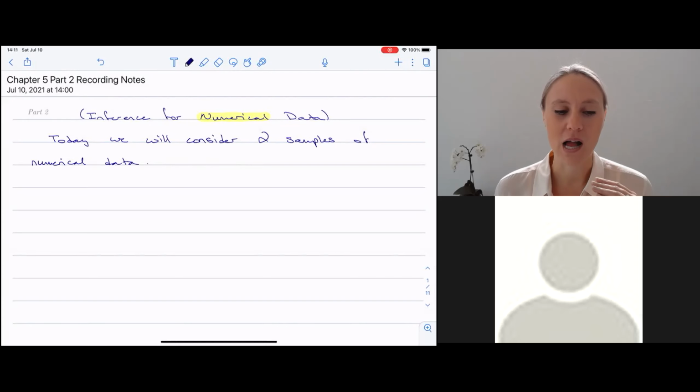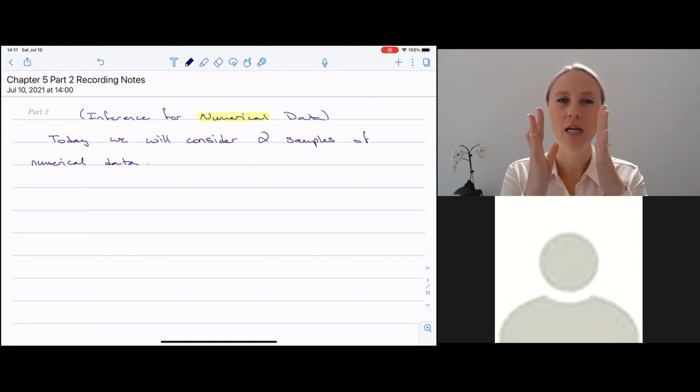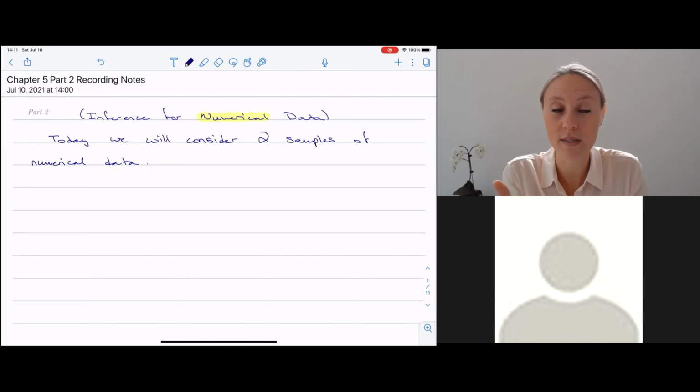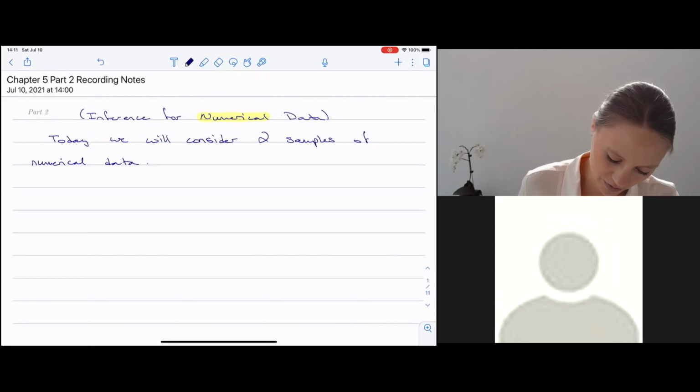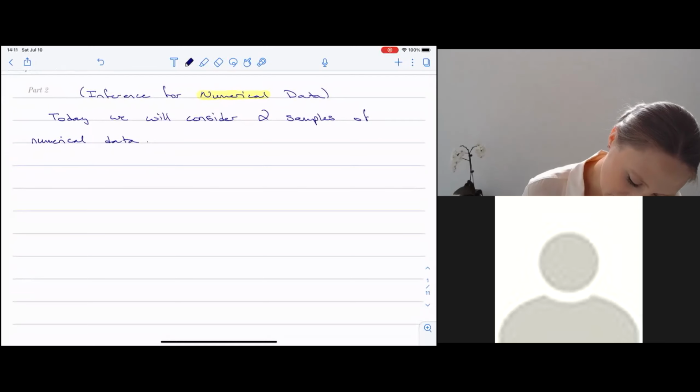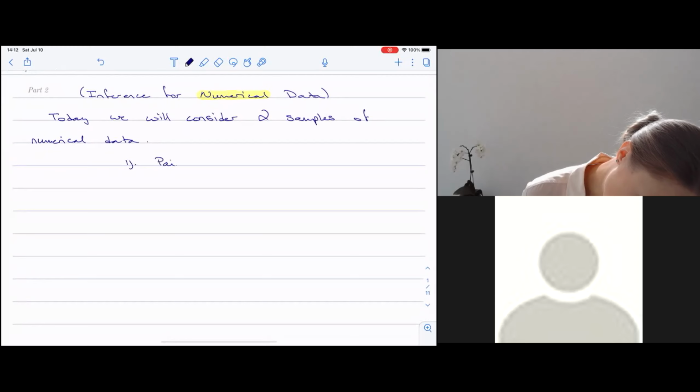There are two different ways that we can have two samples. So when you're thinking about two samples of data, I want you to imagine two columns in your spreadsheet, right? One column of data would be just one sample, but now you have two columns of data. And there are two ways that this data can behave. So the first way that we're going to talk about is we can have paired data,